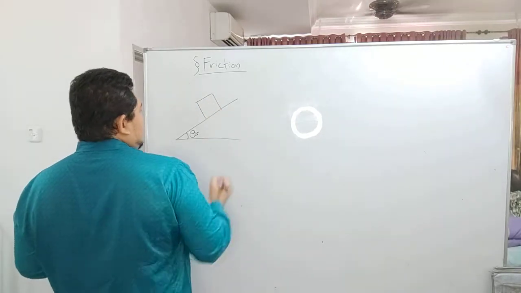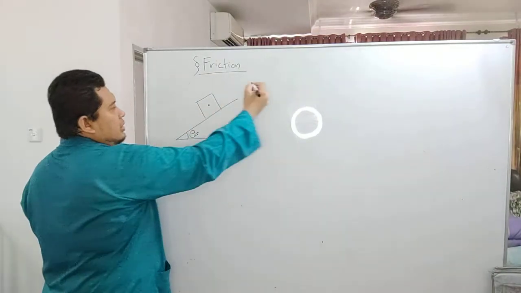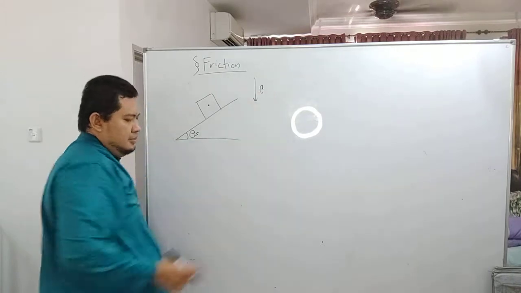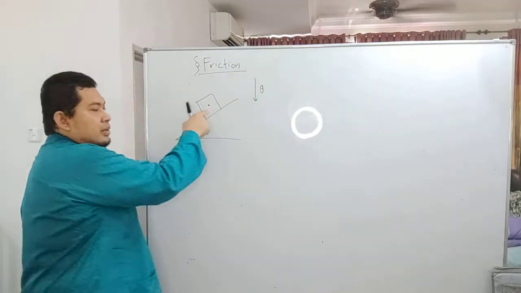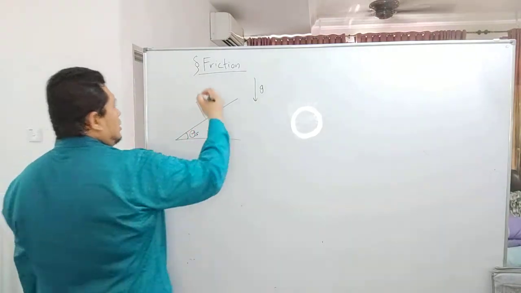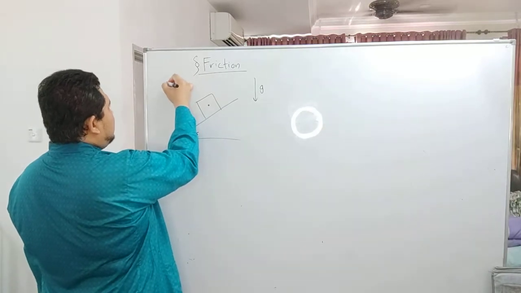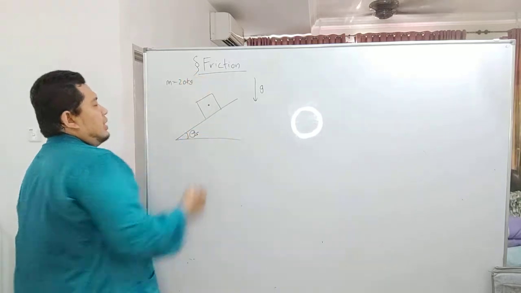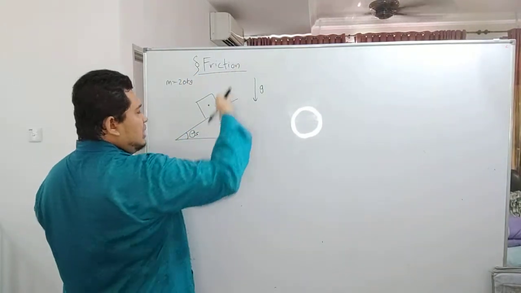Okay, so the weight needs to be in a similar direction as the gravity direction, g over here. That means this object has a mass, for example, 20 kilo. Usually they will give you the mass of this crate on an inclined surface, which is m, 20 kilo for example. This 20 kilo needs to be multiplied by the